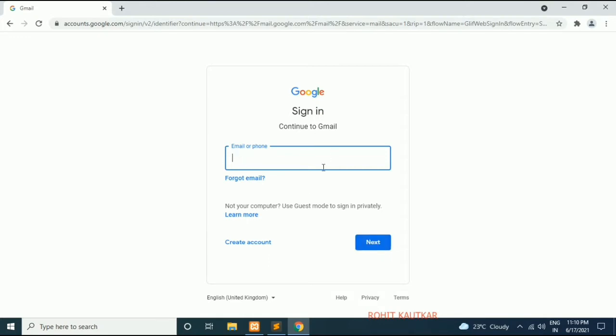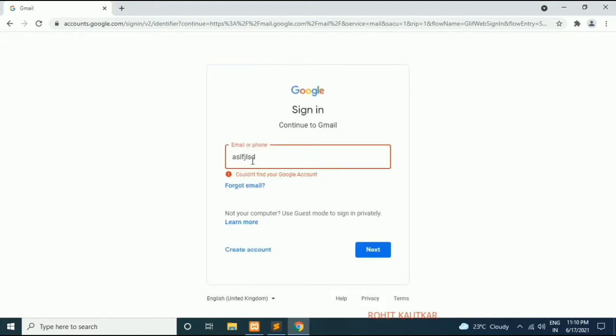Now friends, here they are expecting an email address, but if you enter something else like this, you can see it immediately shows a message that it could not find a Google account. This is called form validation, because this is not the expected data. This is invalid data, improper data. That's why it cannot proceed with this data and it will show you an error message. So you cannot proceed with wrong data.